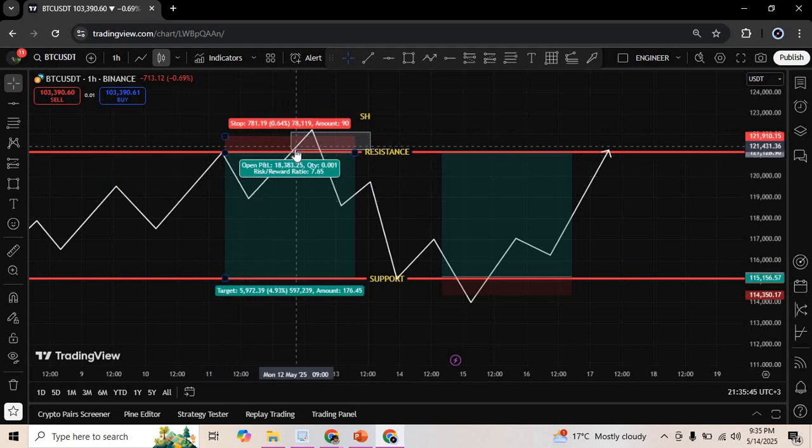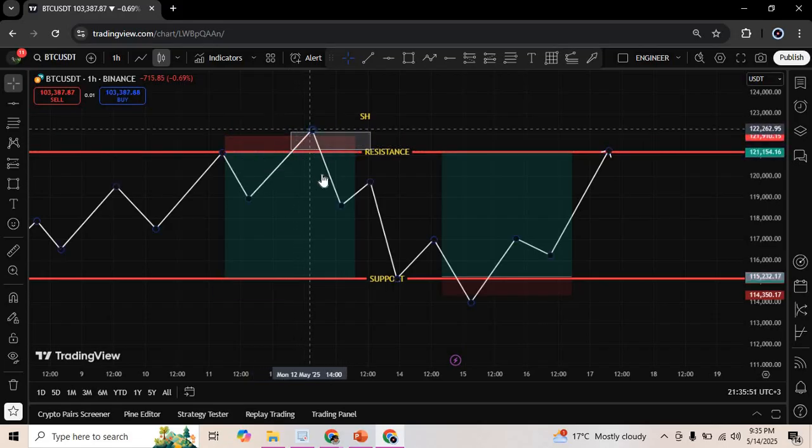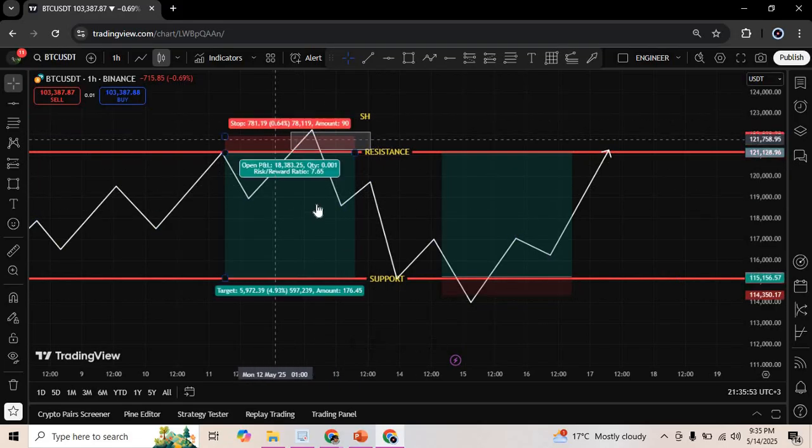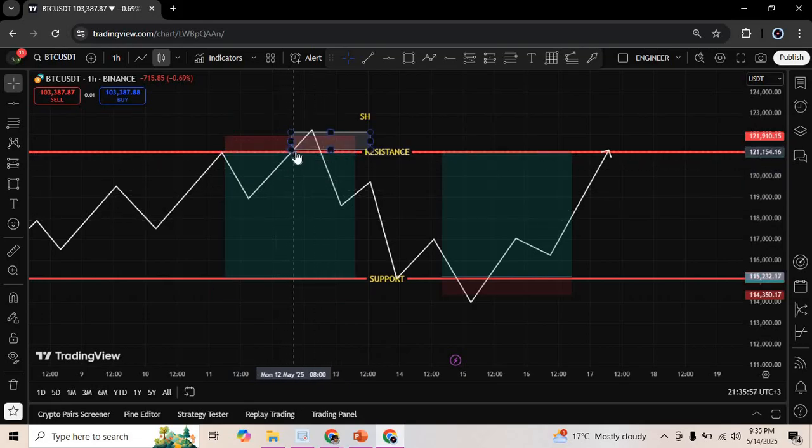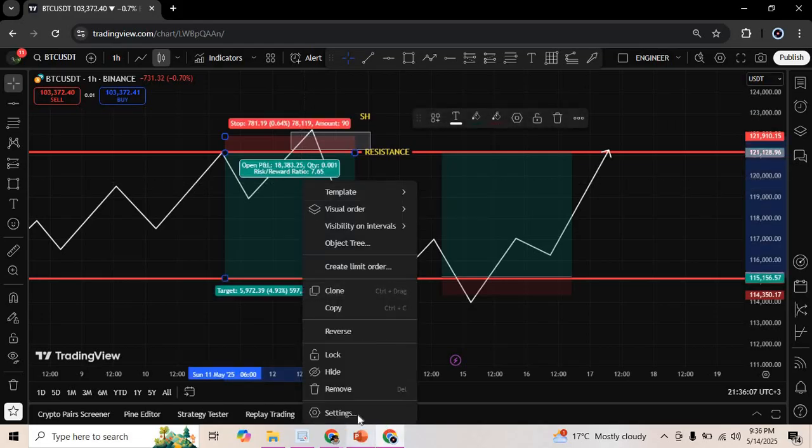This means the market came and triggered your entry. Remember, your entry is this zone. It triggered your entry and went all the way to your stop loss before going in your direction. So in this situation you are triggered into that trade, it went all the way to your stop loss, and that means you are stopped out of that trade and you left that trade with a loss.